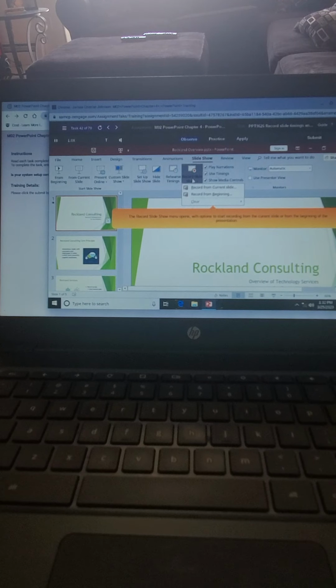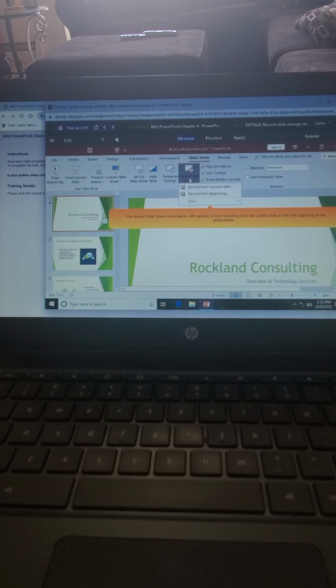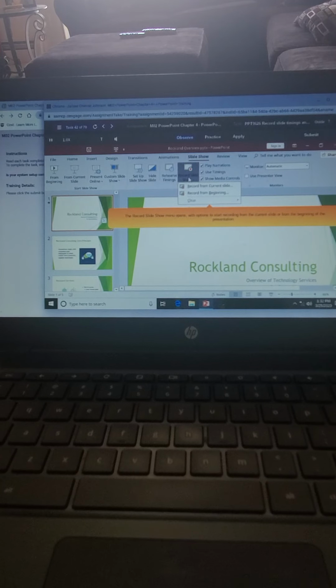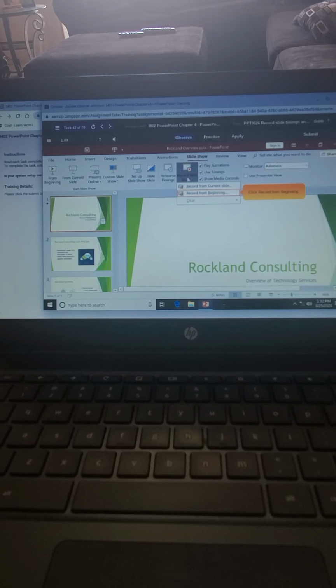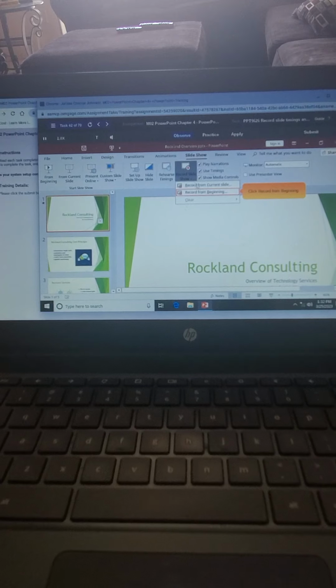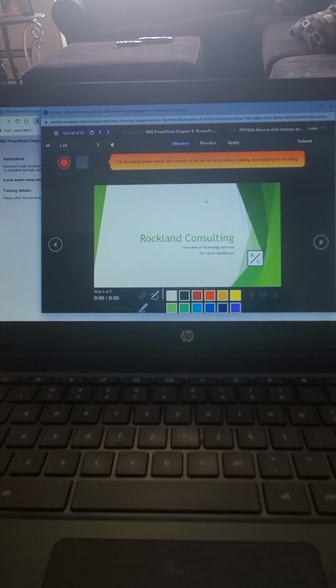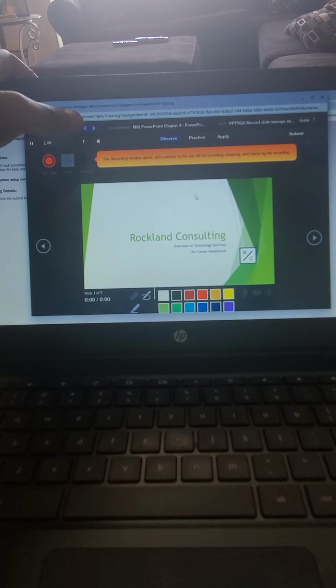The Record Slideshow menu opens with options to start recording from the current slide or from the beginning of the presentation. Click Record from Beginning. The recording window opens with controls at the top left for recording,